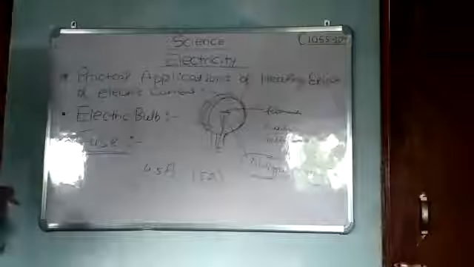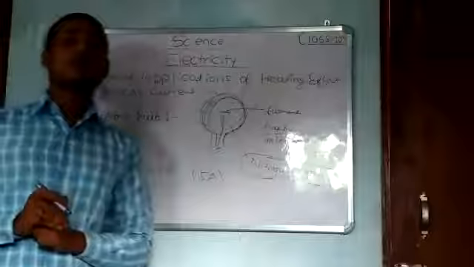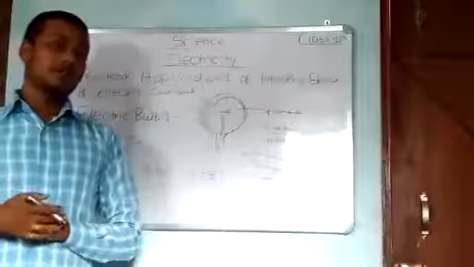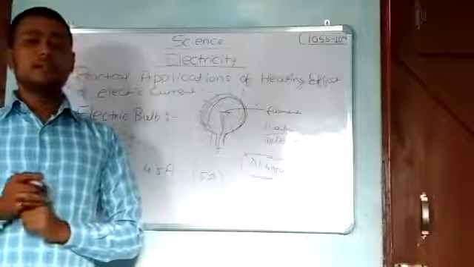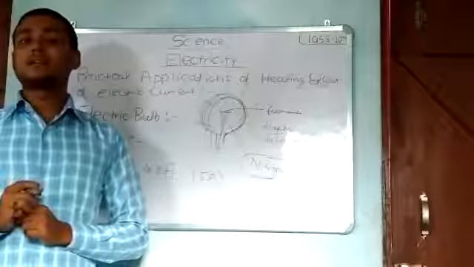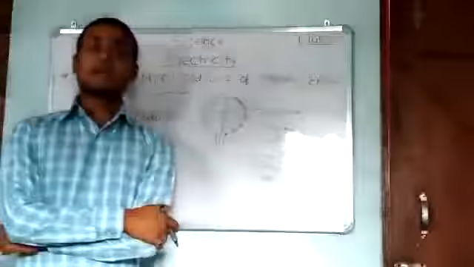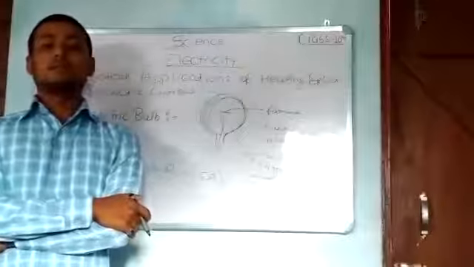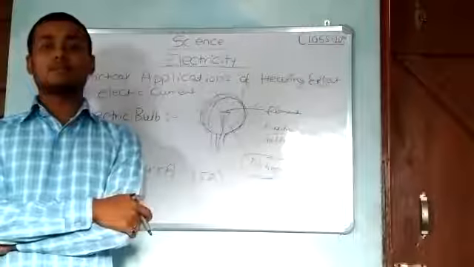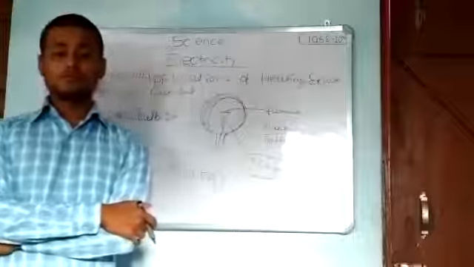Okay. What is the use of fuse? Fuse is made up of aluminium, lead, copper, zinc metallic wire, and whenever the amount of electric current increases in the circuit, the wire of the fuse melts, and thus it breaks the flow of electric current, and hence we save our costly electrical appliances. These are the concepts all about fuse.